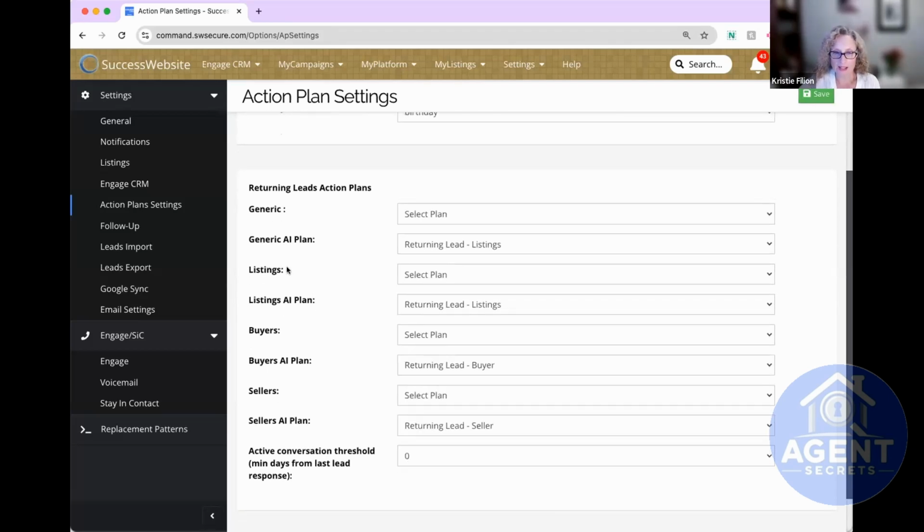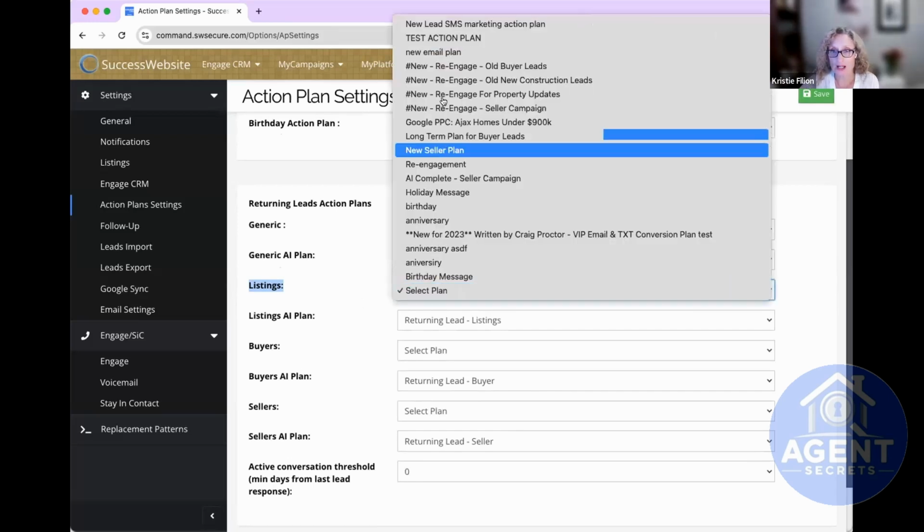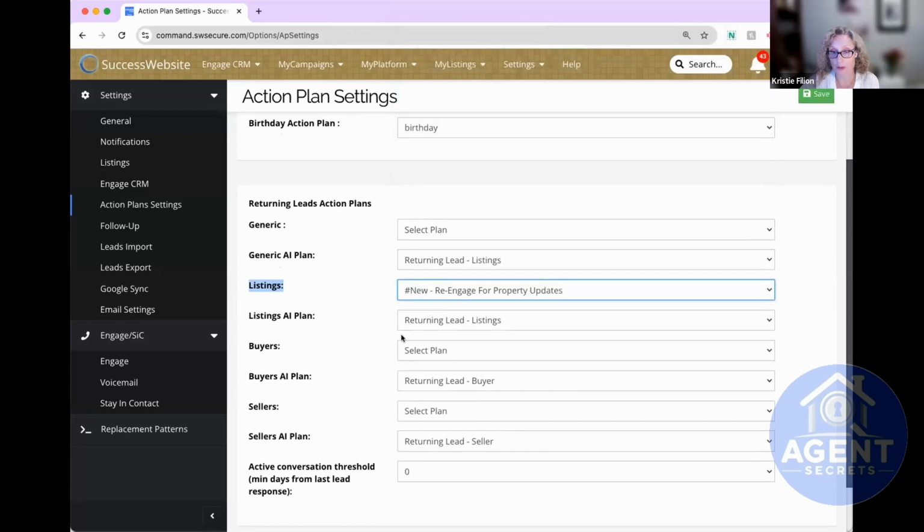I think that the listings is probably going to be where you see a lot of potential here. So if somebody comes back because they're looking at listings, which people should be doing in your CRM, you can have a plan go out, right? You can have a re-engagement plan for property updates go out, and that's going to automatically engage with the prospect.